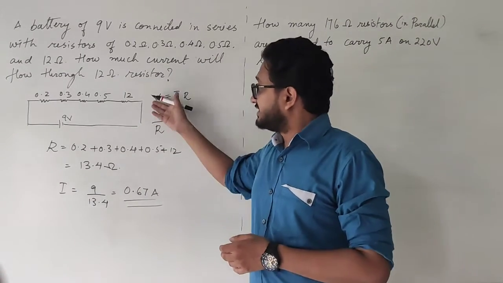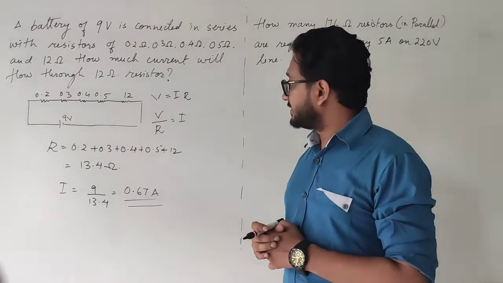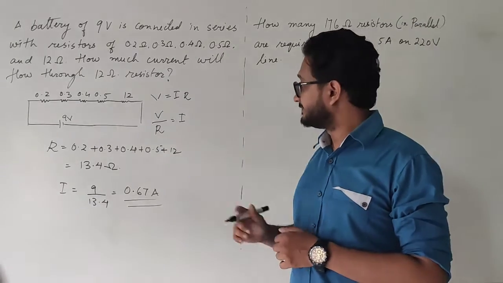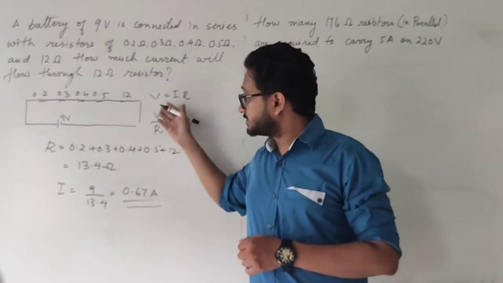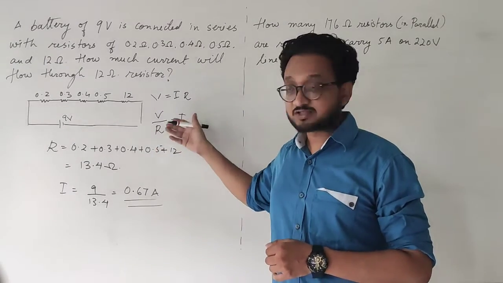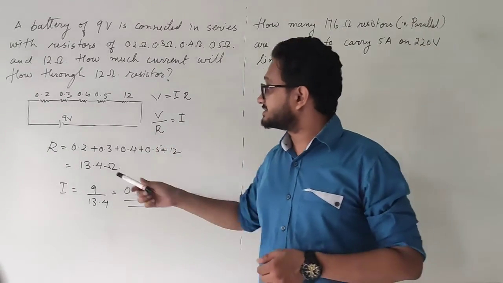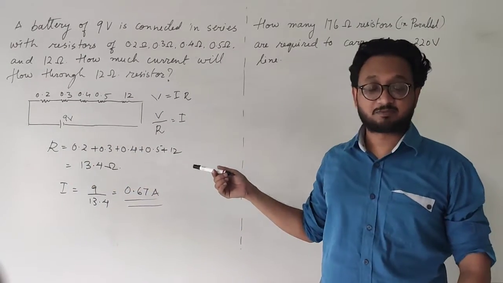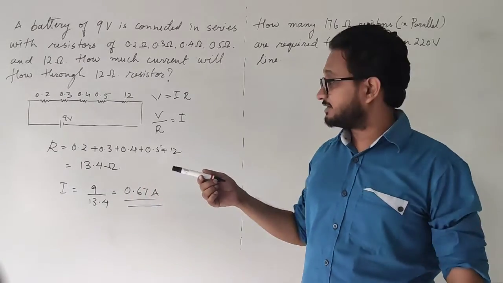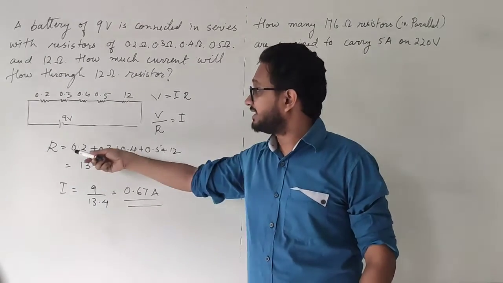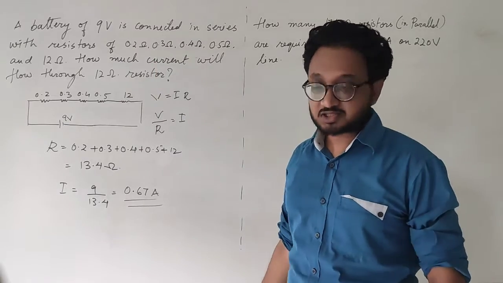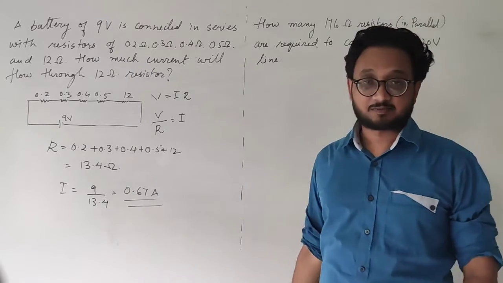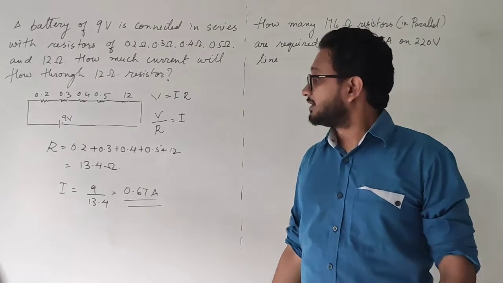Once again, V is equal to IR, we have applied Ohm's law over here in order to find the current. R in the denominator, crossing the equal to sign over there, and what we get is I is equal to V by R. In order to find the current, first we need to find the total resistance, and they are all connected in series. So the series formula states that we have to simply add all the resistances, and then what you get is the total resistance. So we simply added all the resistances provided in the question, found the total resistance, applied it in the formula, and you get the answer. I hope it is clear to you students.